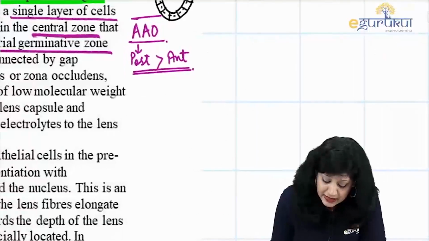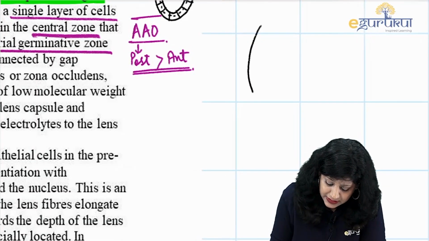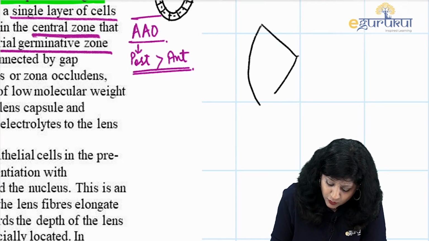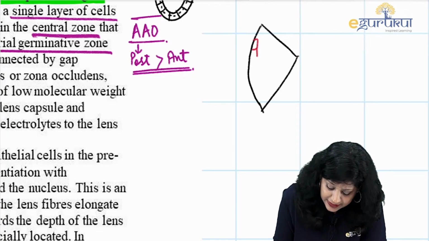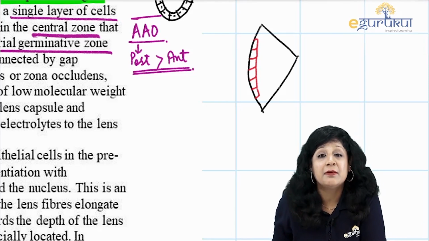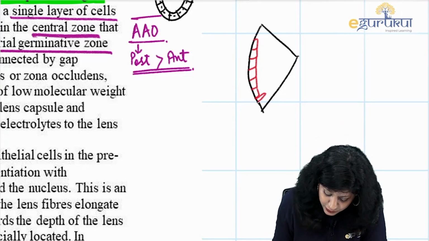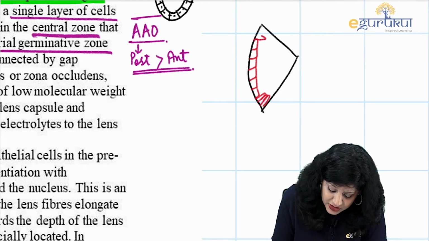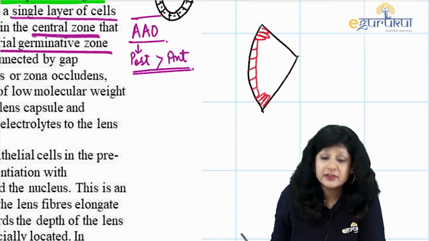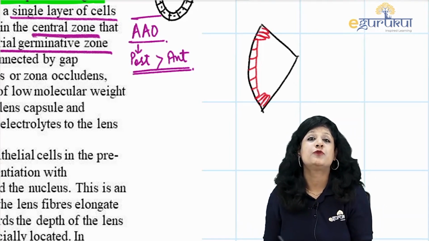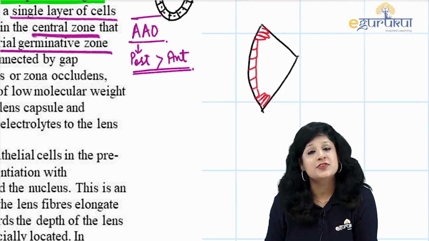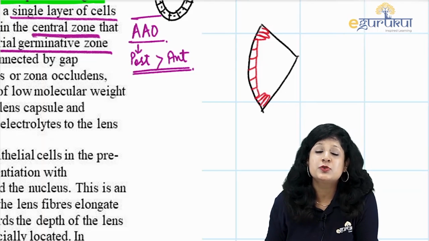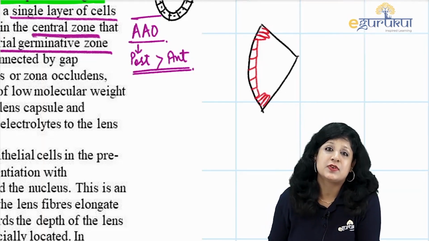So basically if I talk about the lens, what is happening, we have got 2 kinds of cells. There is a single layer of cuboidal cells which are not actively dividing, and by the time they reach the equator, we have got the tall columnar cells which are actively dividing, and these are the cells which are responsible for the active growth of the lens throughout life, and these are also the cells which are responsible for the development of posterior capsular opacification after cataract surgery.